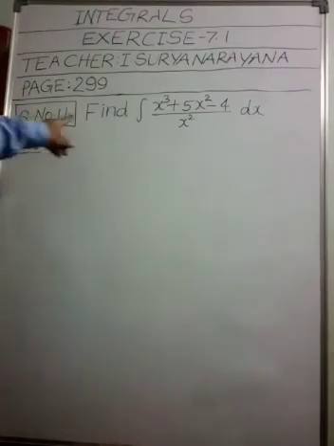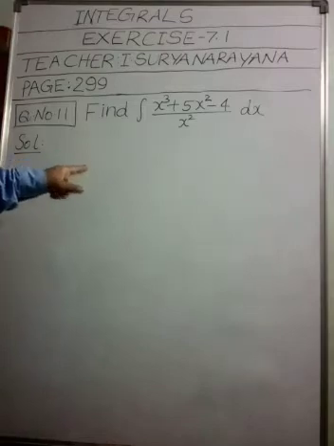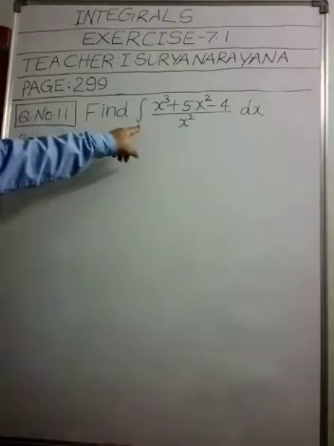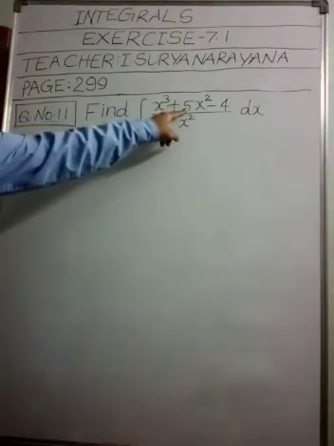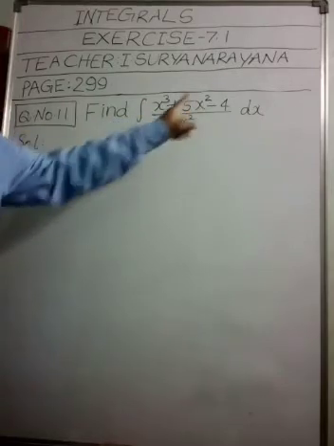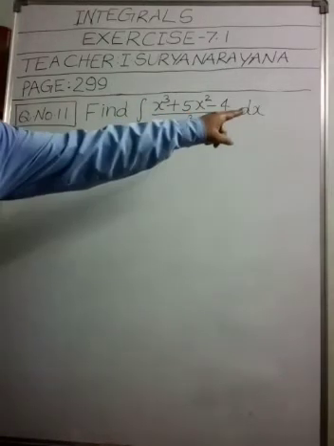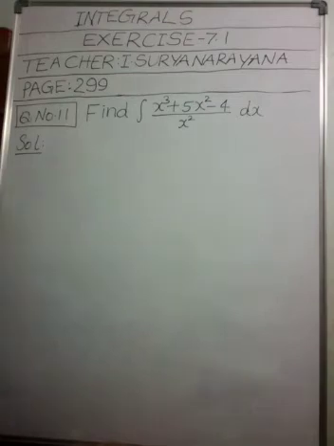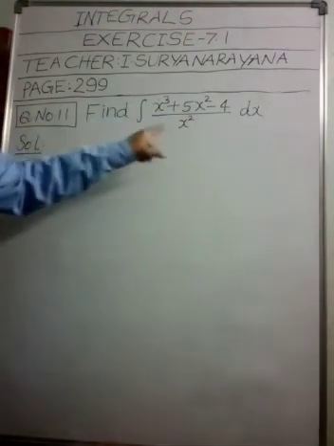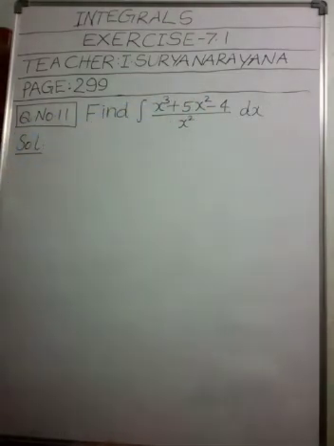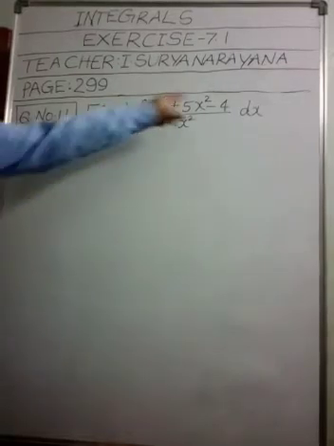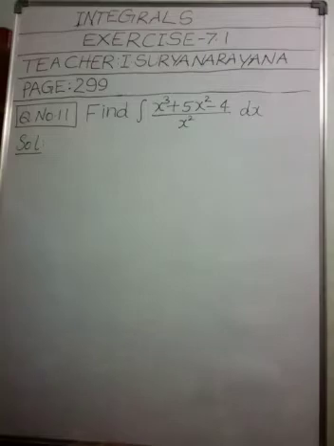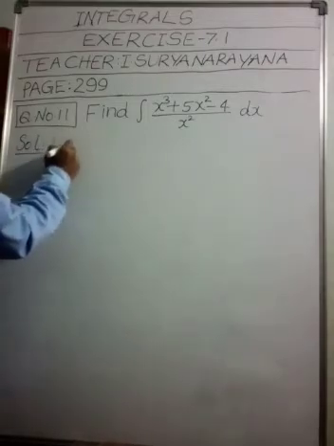Now come to question number 11. Find integral x cube plus 5x square minus 4 whole divided by x square dx. We have to find the integral of this function. What is the first step? Yes, we have to assume that the given integral is capital letter I. So let I is equal to,